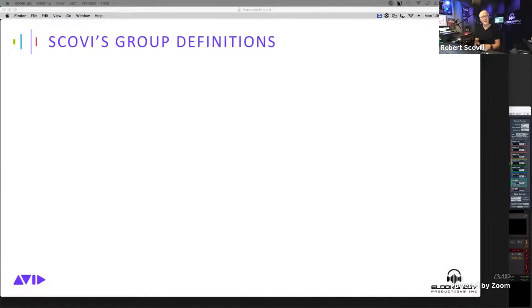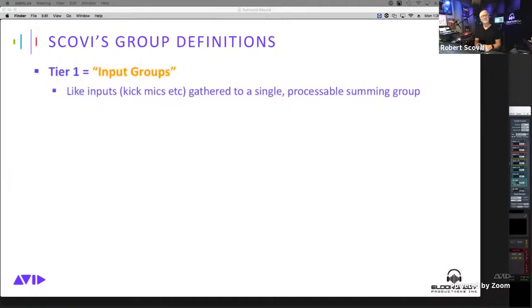I'm going to give you my definition of these tiers. You're not going to find this in any textbook. This is just my way, my language that I've come up with to communicate this, certainly within the walls of Avid when we're talking in development groups about what we're doing. It gives us some language to talk about what area of the signal flow we're talking about, right? So what I call a tier 1 group